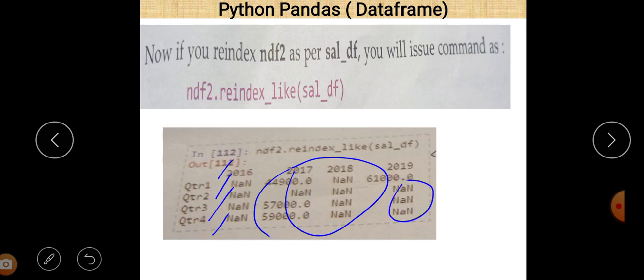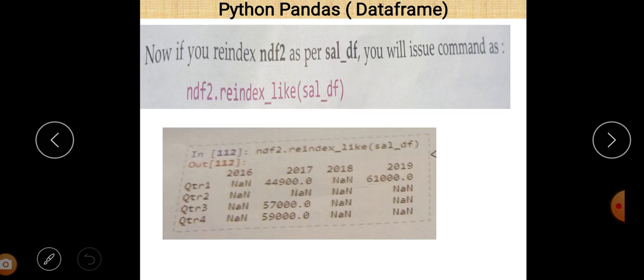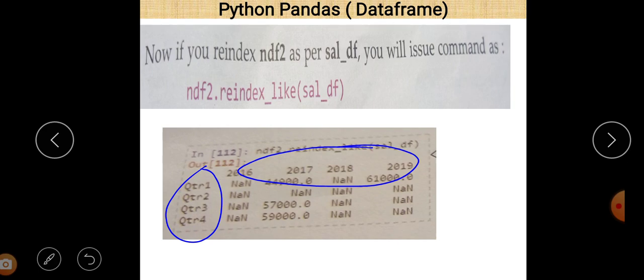So when we convert the NDF2 data frame like SALDF, all the column names and index names of SALDF are there, and the data from NDF2 will be filled into this data frame. Some of them are found, some of them are not found.